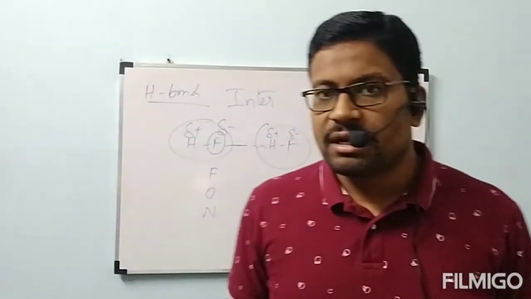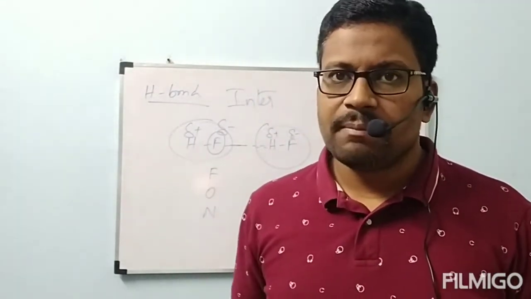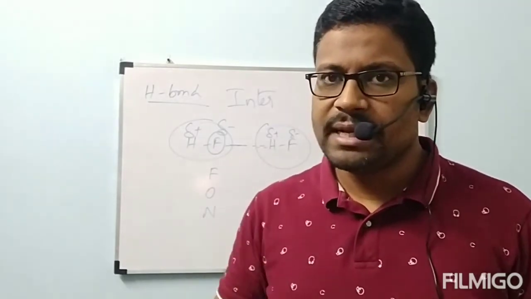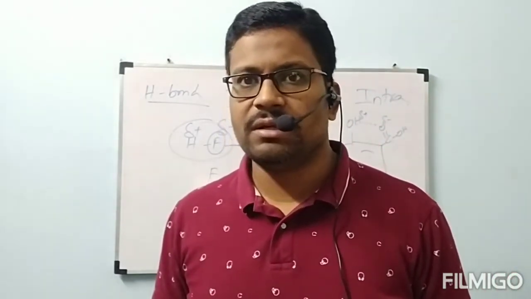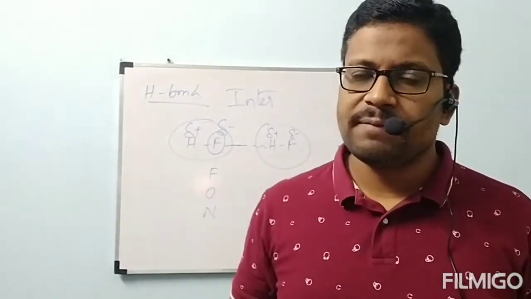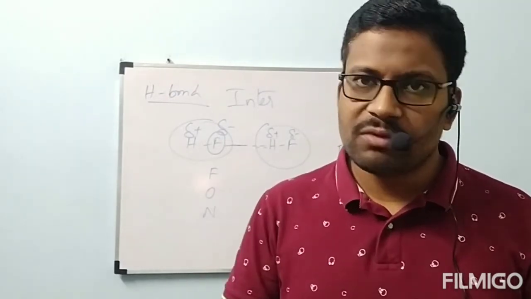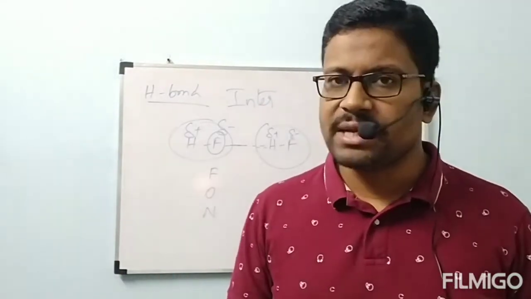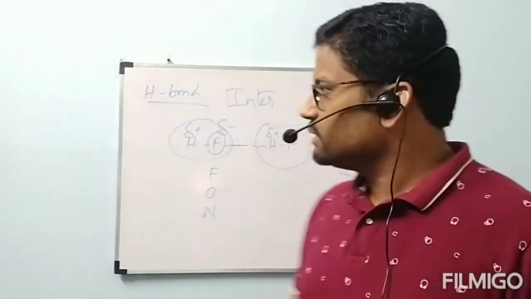Now, this intermolecular hydrogen bond is going to affect the melting points and boiling points, but intramolecular hydrogen bond won't affect the melting and boiling points, because in between the molecules we have attraction, that is called intermolecular. This hydrogen bond is also going to affect solubility of a particular substance in water. If a substance is capable of forming hydrogen bonds with water, it is soluble in water. These are the slight consequences of hydrogen bond. Further, any more examples, we will see later. Okay, next.